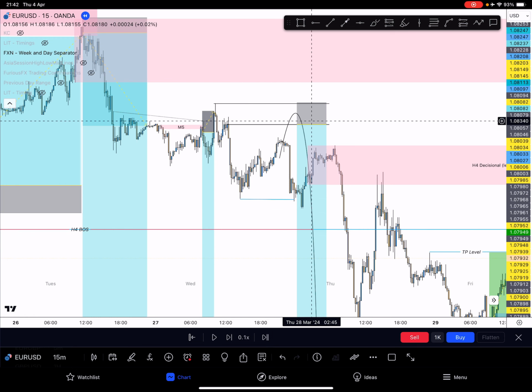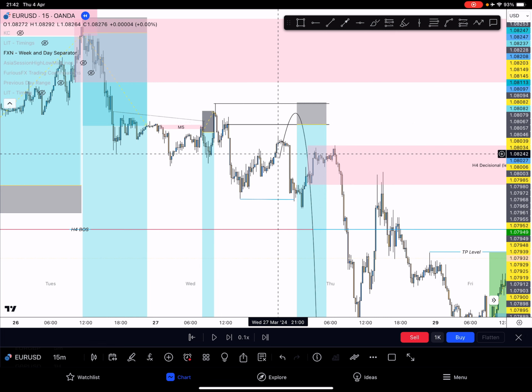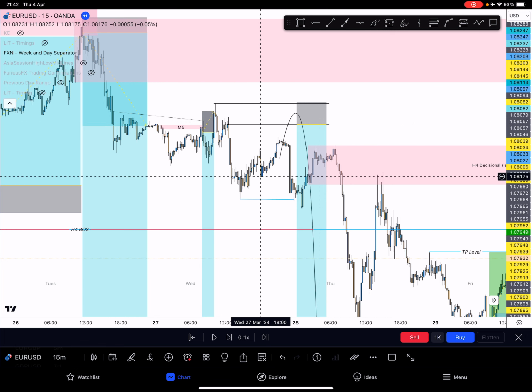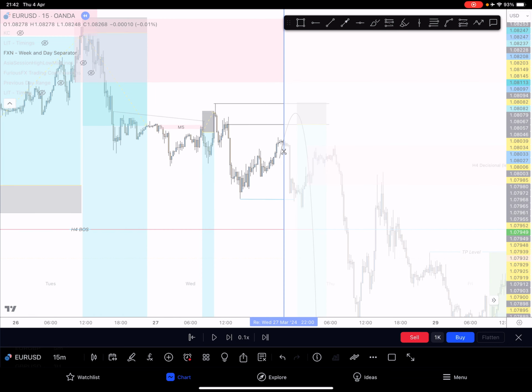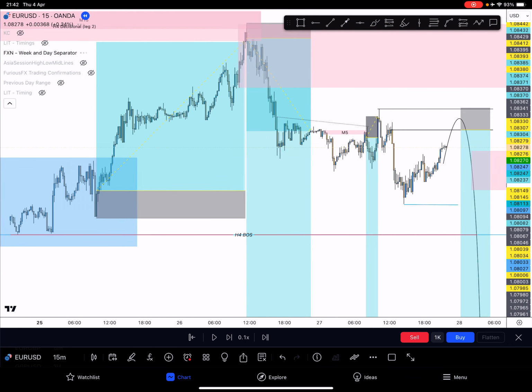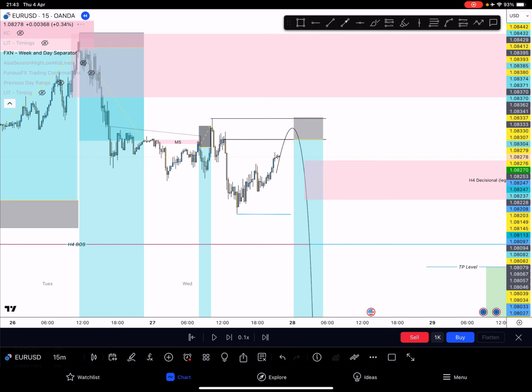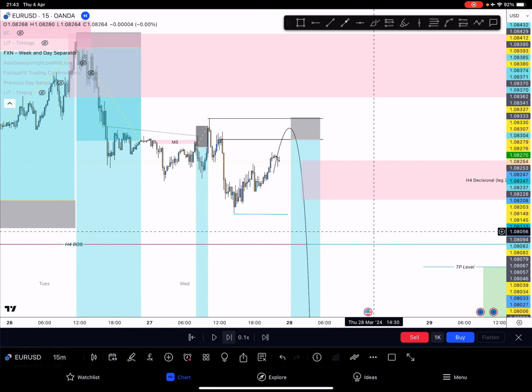Now I had this marked out when price was sitting around here, and I think it's important that I cut price because what I'm trying to say now is very important. So I had this marked out. This is what I was looking for. I was looking for price to come in here before dropping down. Now price did not do that. Why did price not do that? Let me show you why.